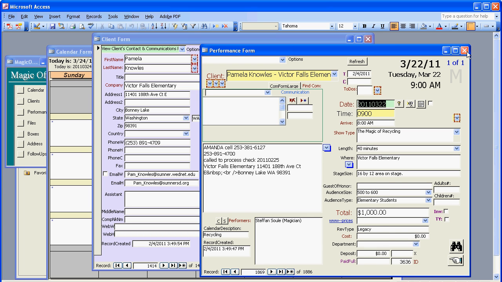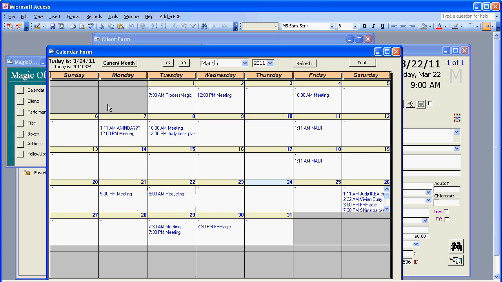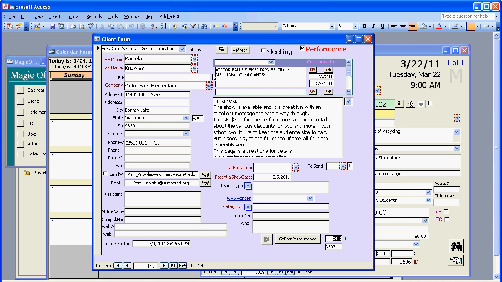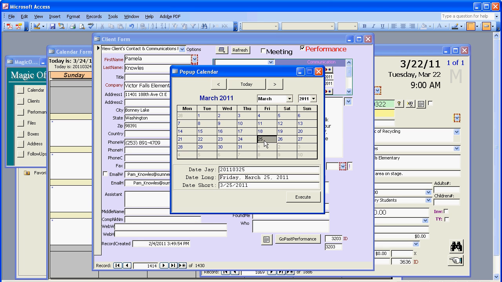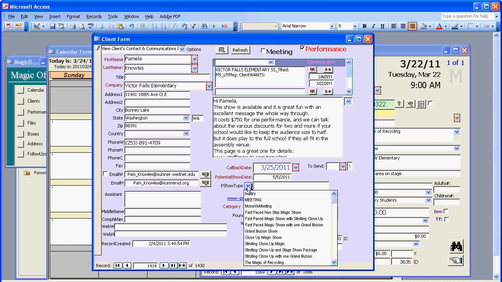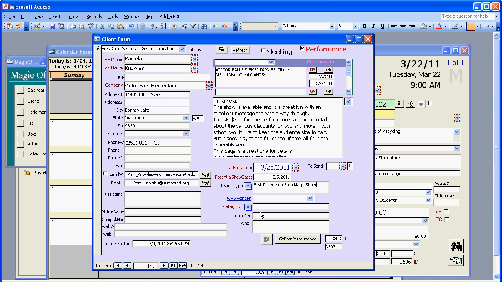But what's really awesome is that it starts from the calendar. You click here, it goes to the performance. You click here, it goes to the client. The client data is extensive with callback dates that you can put in, and with performance or potential show types. You can change that list to anything you want, what kind of category they are,